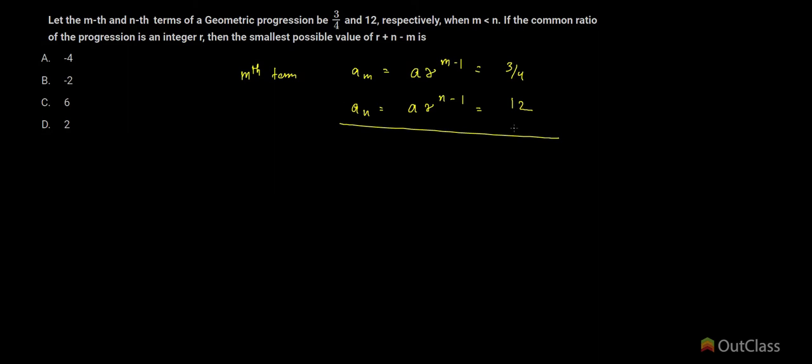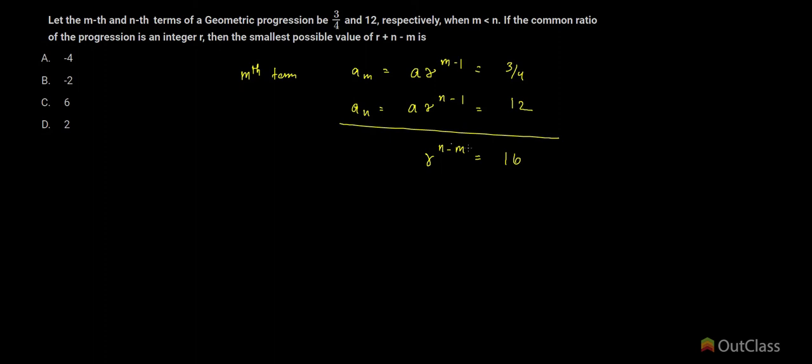If you divide equation 2 by equation 1, the A's will cancel. You will subtract the powers for the same base R, and you will get R raised to N minus M is equal to 12 divided by 3 by 4. 12 into 4 by 3, 16. So R raised to N minus M is 16, which by itself would not lead to anything resembling a resolution,